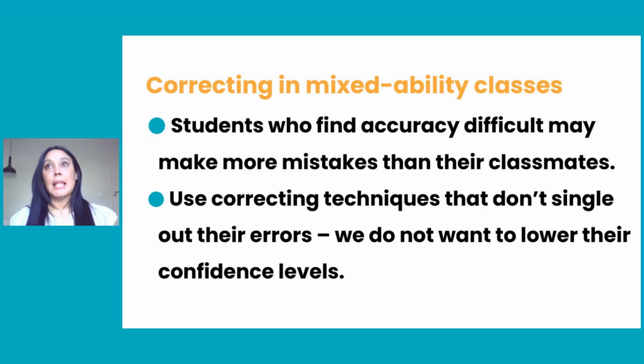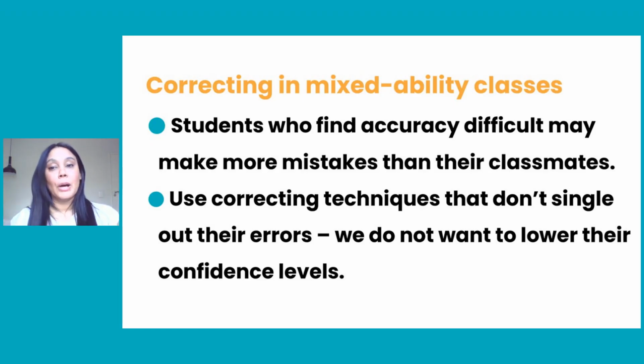So I like to do group correction. I will walk around and I will not expose who's made a mistake. The only time I will get involved is if they're trying to reach a goal and there are a couple of mistakes that are inhibiting the progress. That is where I would maybe step in and I'd have to correct. But other than that, correction is a community thing, right?